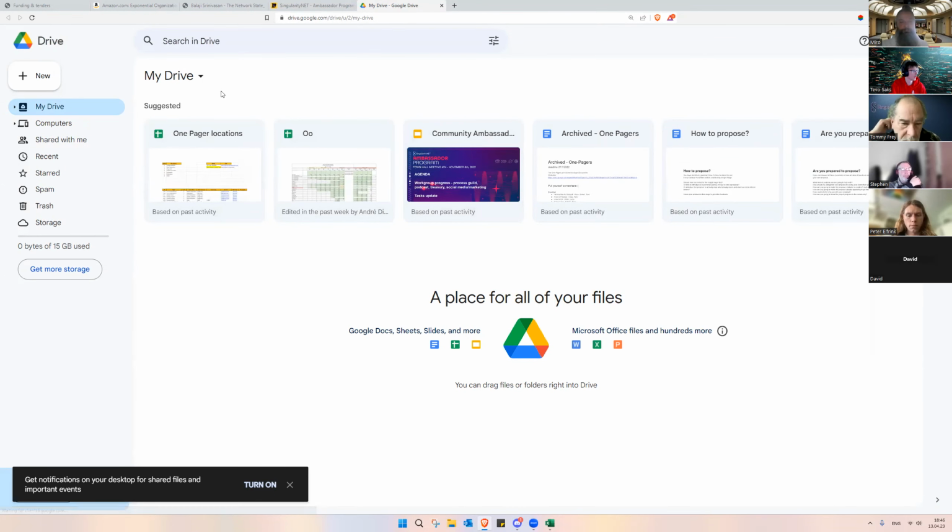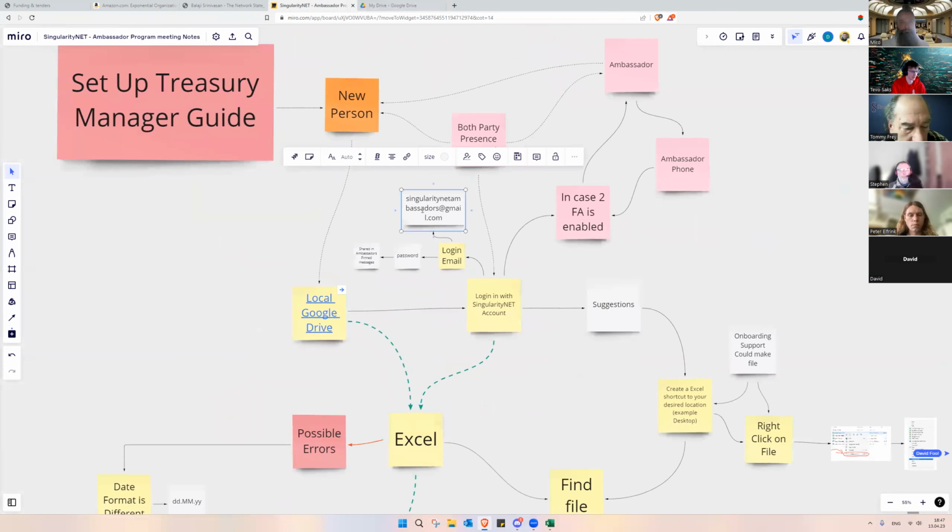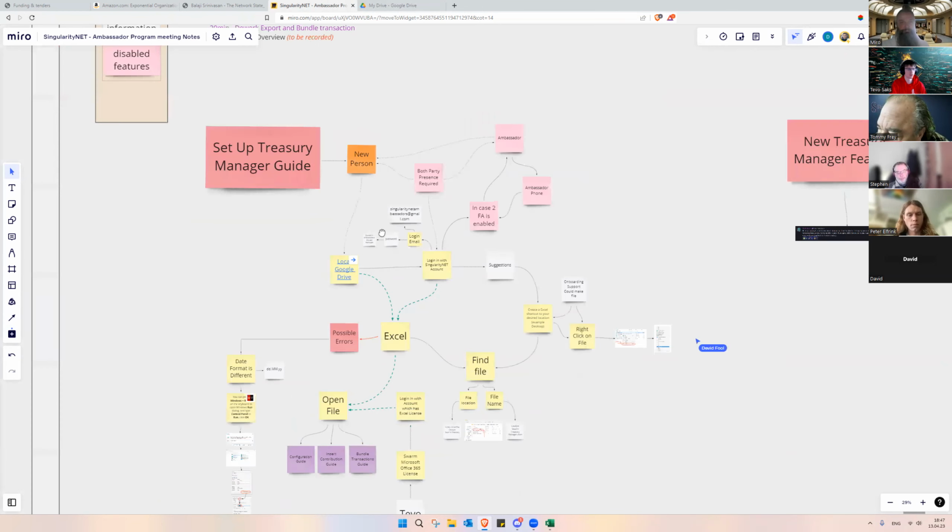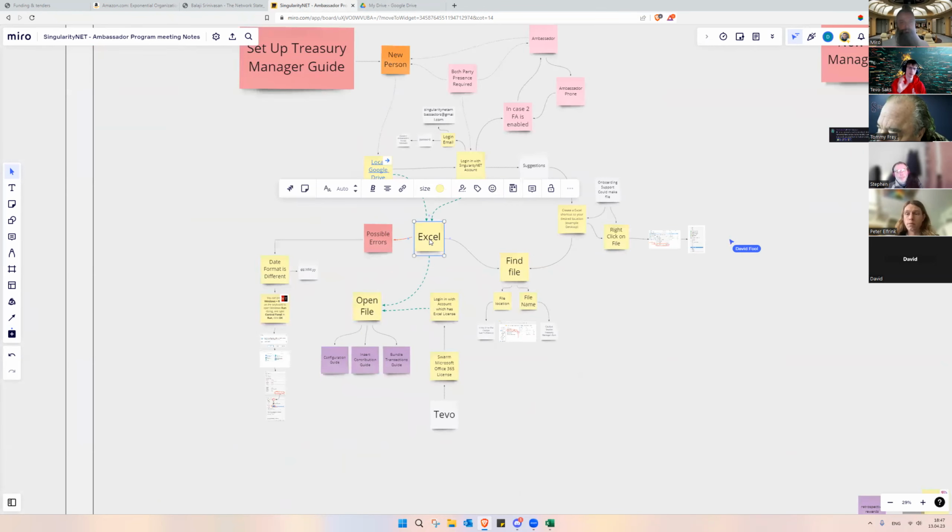So now the second step would be that if you are going to use one account and one license for all those tools, then we need to keep in mind who we share these accounts with, because they need to have that main SingularityNet ambassadors access, because the way the Excel works, it's accessing the folder infrastructure and going into the folder structure, making files, making export files, getting import files from the folder. And in order to get that, you would need not just the shared folder access, you would actually need the